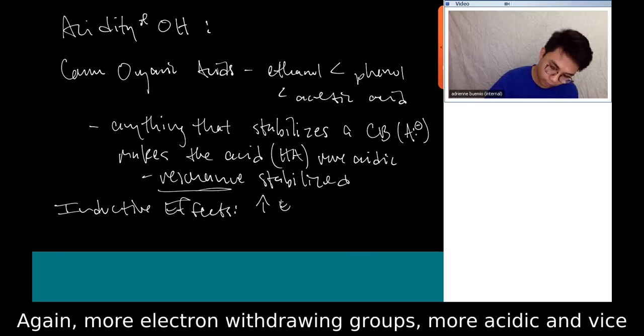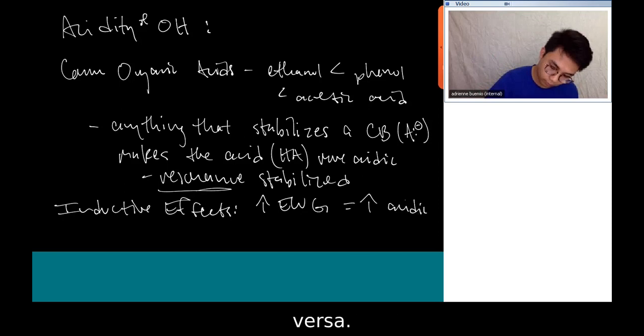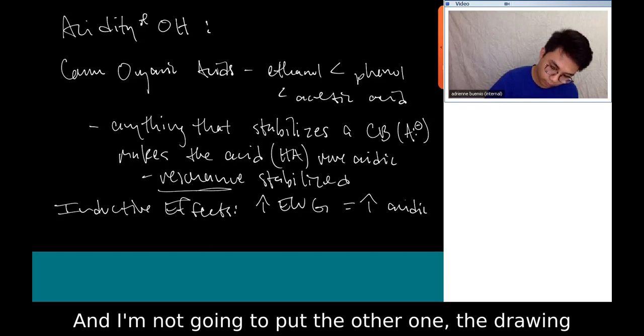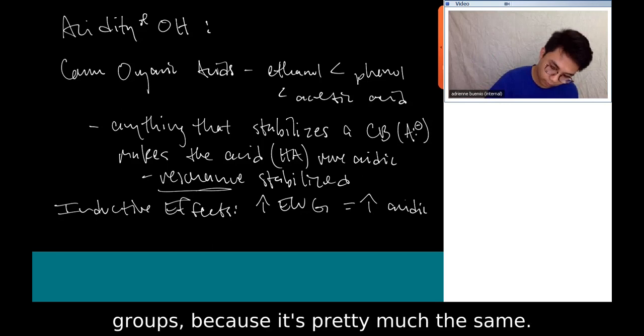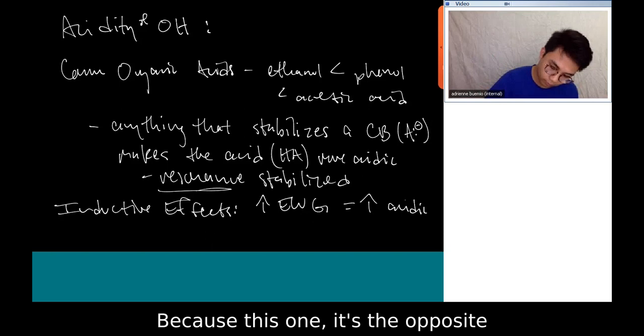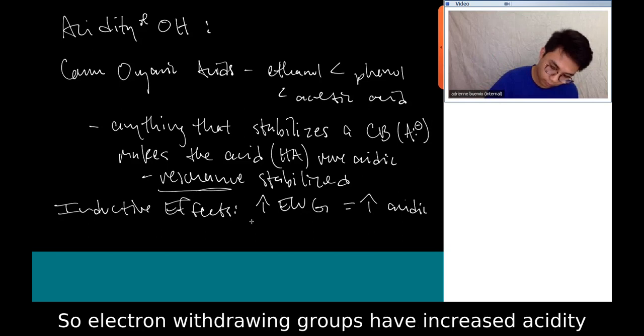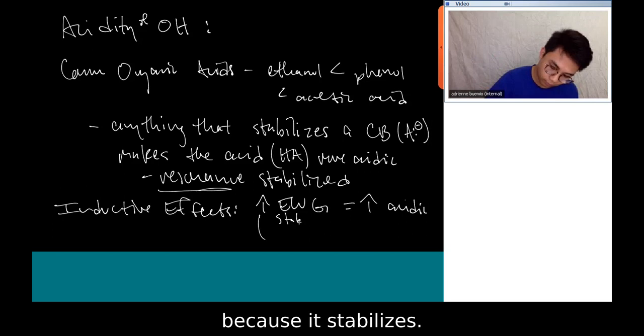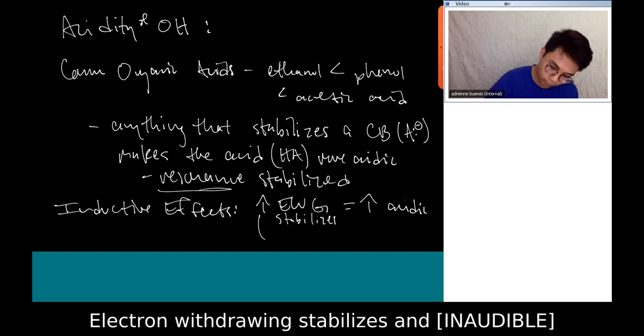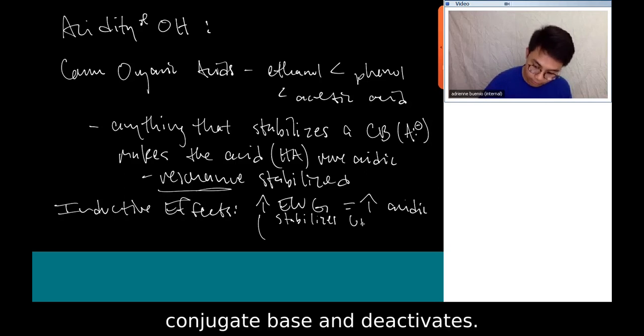Again, more electron withdrawing groups, more acidic, and vice versa. And I'm not going to put the other one, the donating groups, because it's pretty much the same. This one is pretty much the opposite of what that one would be. So electron withdrawing groups increase acidity because it stabilizes. Electron withdrawing group stabilizes, and stabilize conjugate base